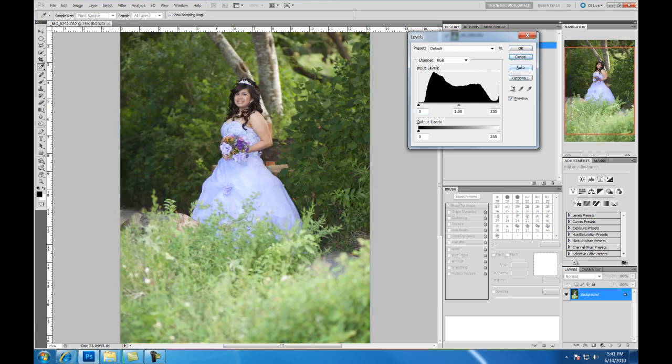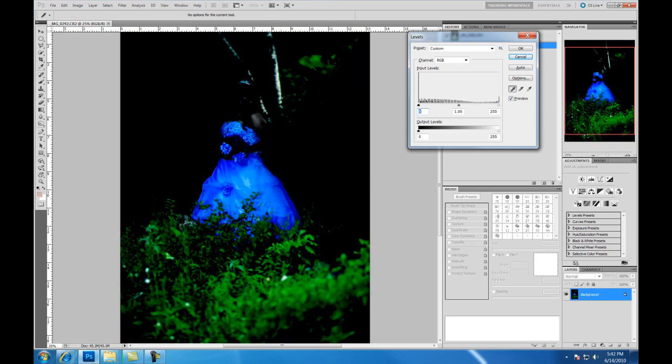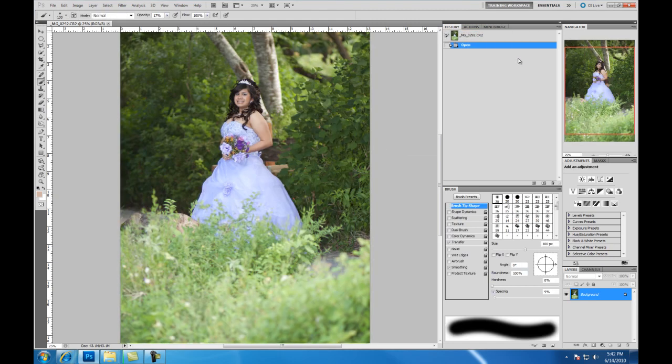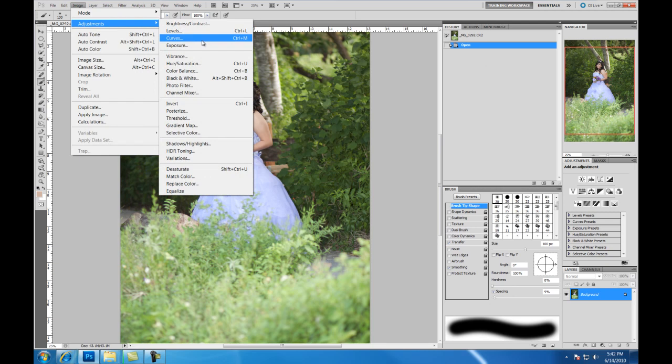And the other thing you can do is select the color picker so you can go ahead and see what they do, because here you're looking at this area right here with the foreground, and actually it's the color that I would want it to be versus how the highlight's very blown out. But now let's talk about curves, because even though I say levels is very good,